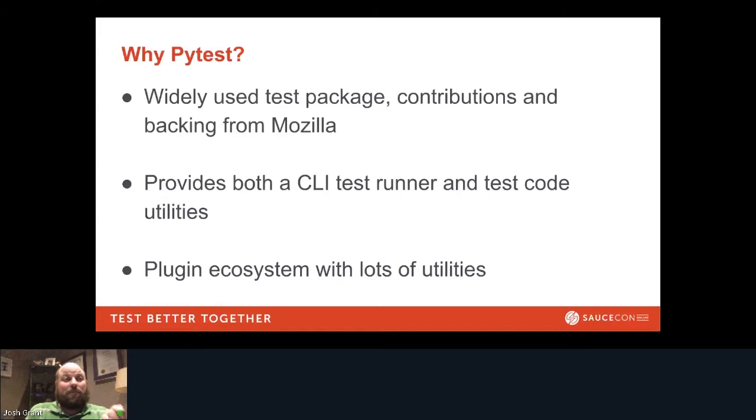The other key thing about PyTest is that it provides both code tools, like tools for writing tests, and also a command line environment for executing tests, which is a really cool feature because you can then break up those two things. So you can use PyTest simply to execute tests, or you can use it to write and design test code, or both. A lot of people use it for both, but you can separately use it for one or the other. And lastly, there's a really rich ecosystem of PyTest plugins for doing lots of different tasks that commonly